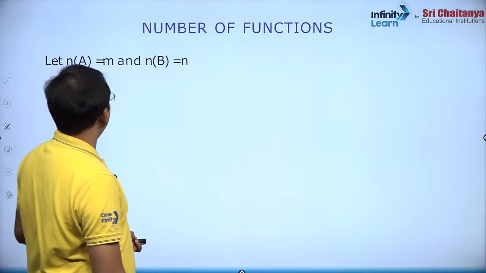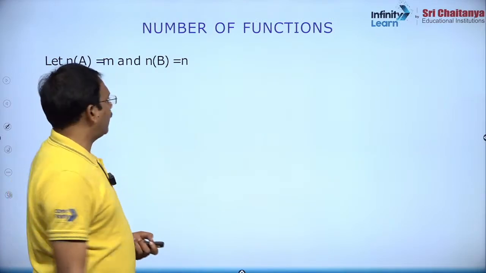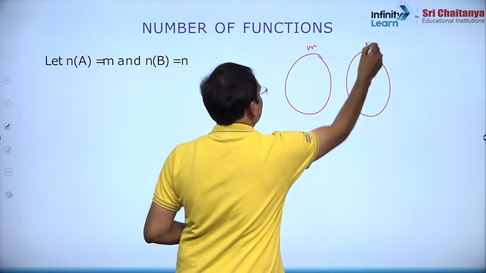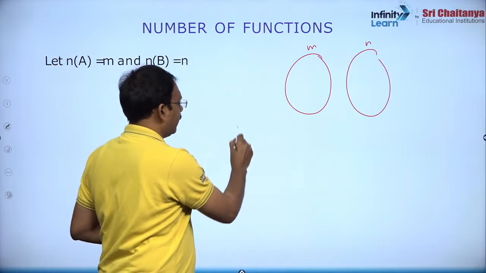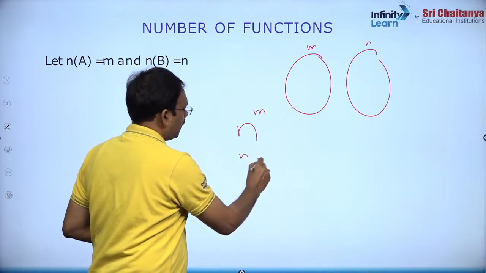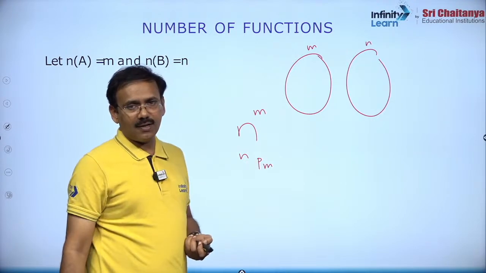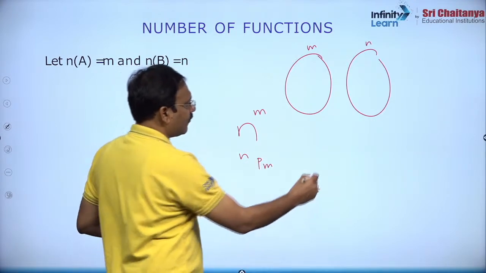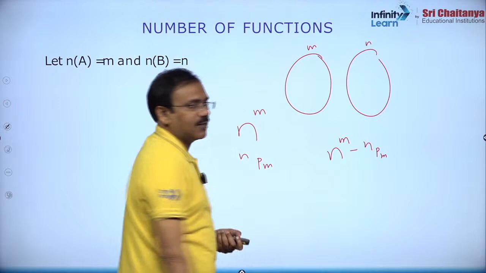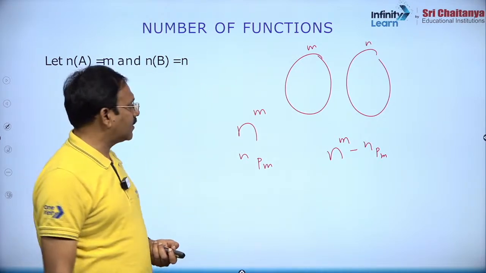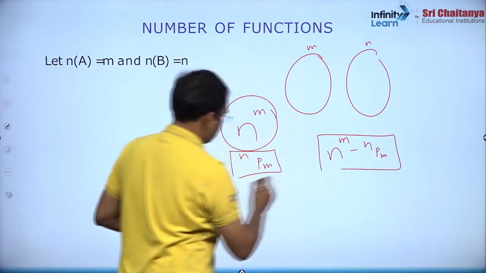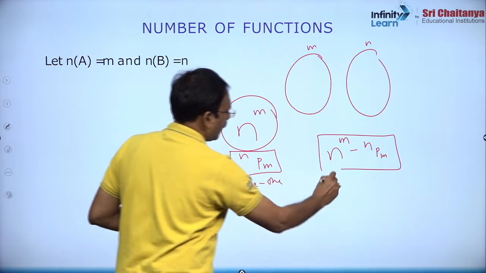right dear students. Next is number of functions. You know that if the first set A has m elements and the second set B has n elements, the total number of functions will be n power m, and the number of one-one functions is nPm, where n is greater than or equal to m, and many-one functions means total number of functions minus one-one functions. Next, dear students, total number of functions, one-one functions, many-one functions,